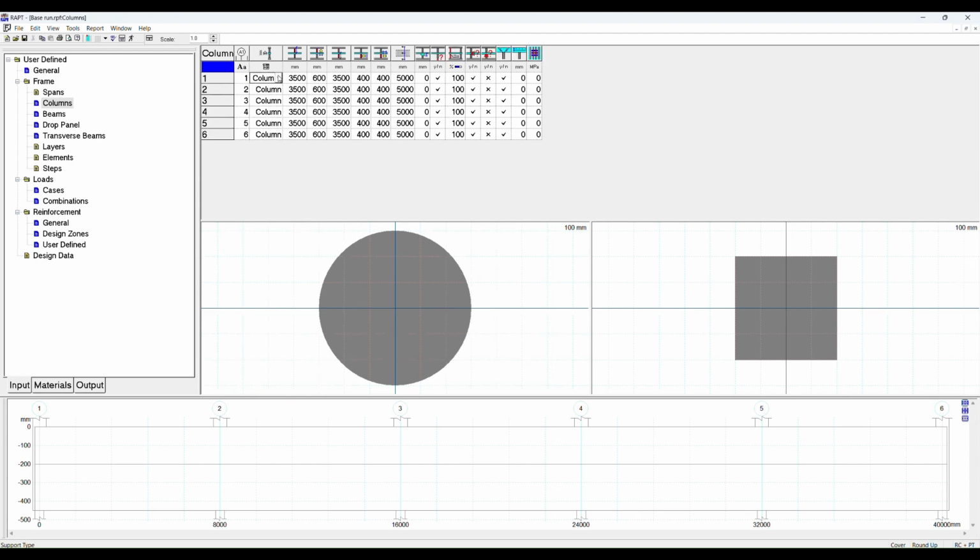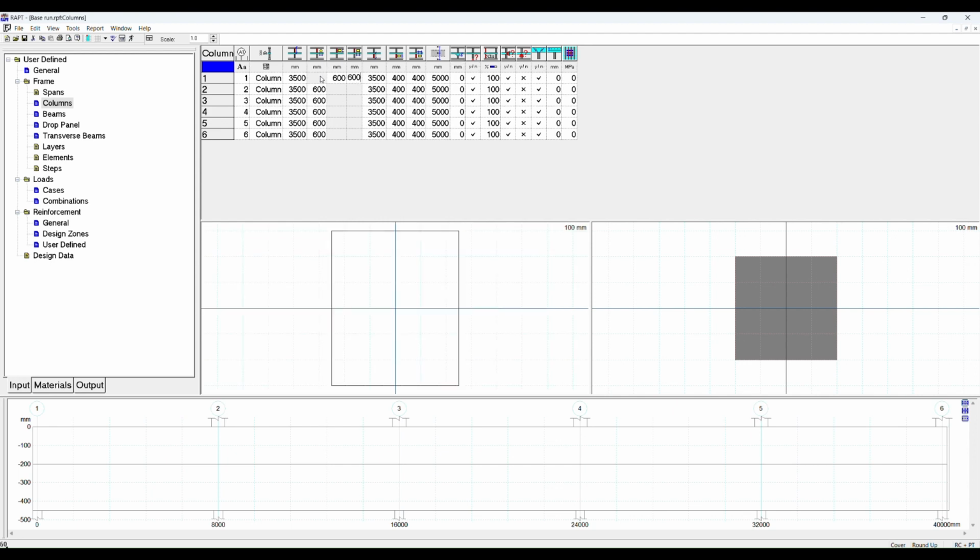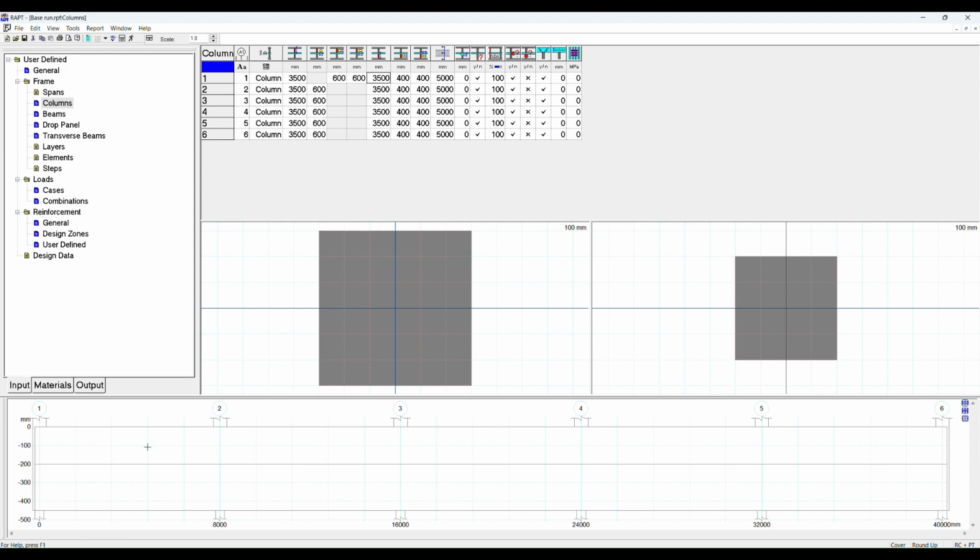For the column we can have a column or we can have a pin support. If we have a column, we define the column height. If we have a column diameter, then any parameters for a square column are turned off. But if I zero this, you'll see that the dimensions for a square column come up. And so now we have a square column